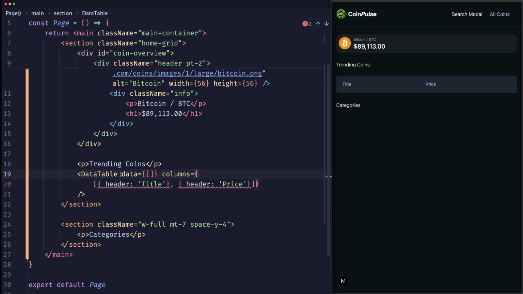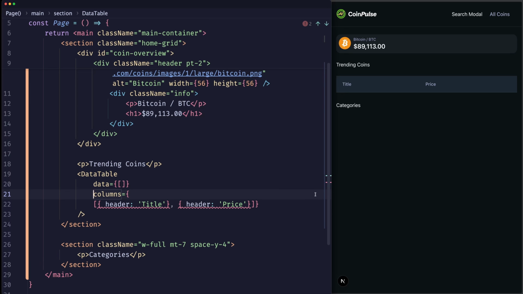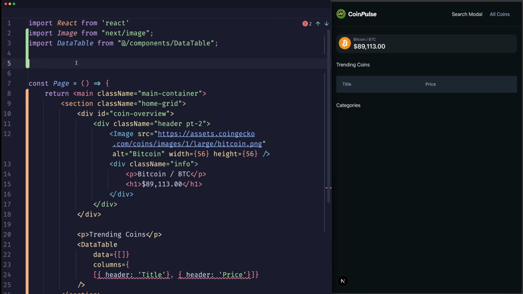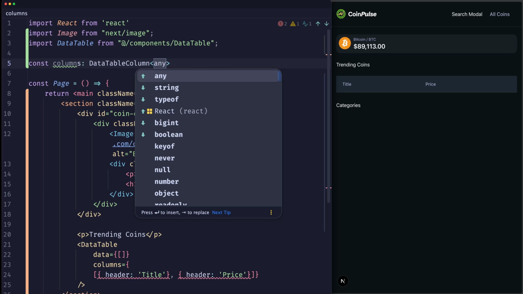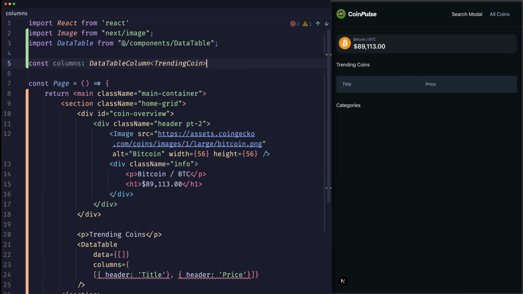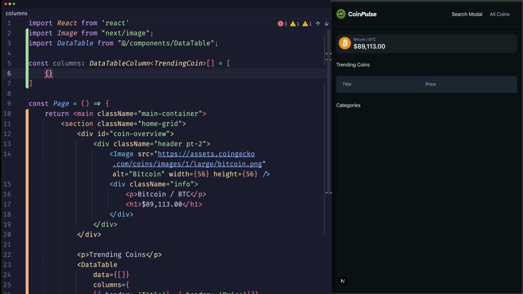We'll need to create a format for the data that we need to pass into this table. So let's do it right here above the page, const columns of a type DataTableColumn, which will take in the TrendingCoin coming from types, specifically an array. It'll be equal to an array where each specific column will contain a header. For example, the first one will be the name of the coin. Then it'll contain the cell class name that'll be set to name-cell,